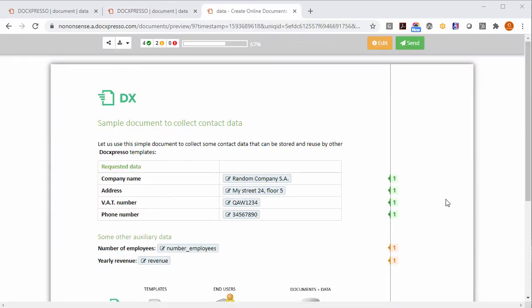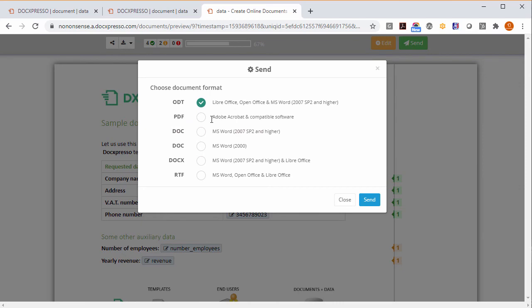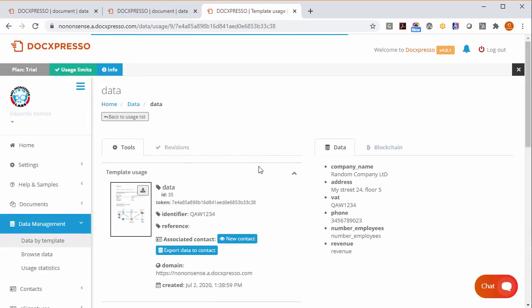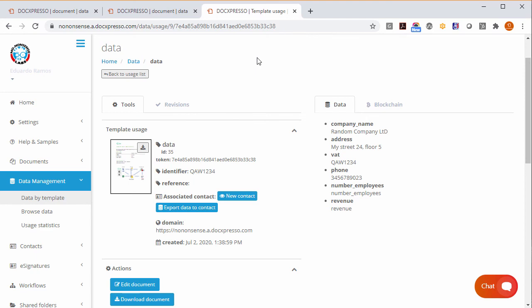But let us see what happens if the user is editing a template that loads a VAT number that is already associated to a contact. And imagine that we want to change the company name and write here something like LTD, whatever. And also the phone number. If we just hit the send button and we go to this usage, we see that the system has identified that this document is associated to an existing contact. So it offers us the possibility to export the provided data in that document